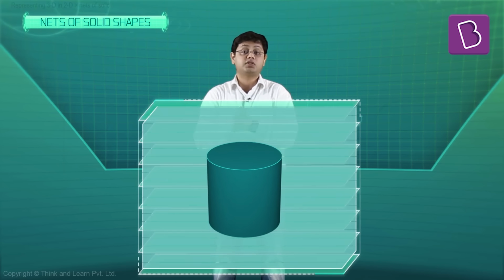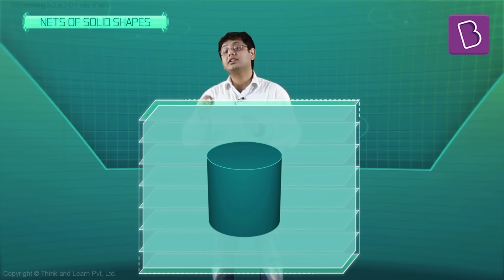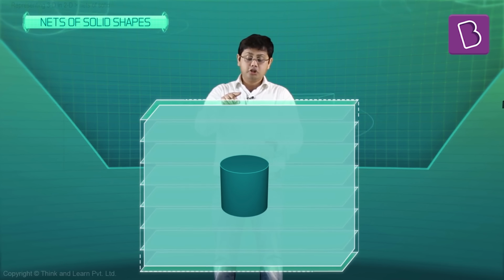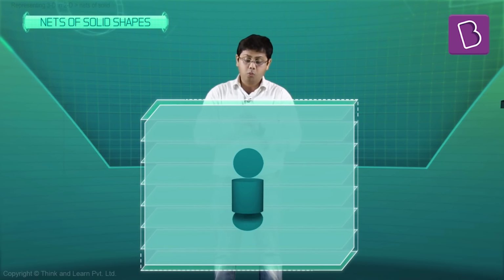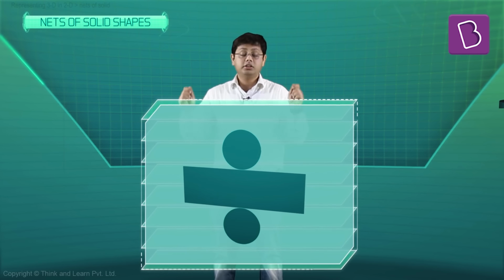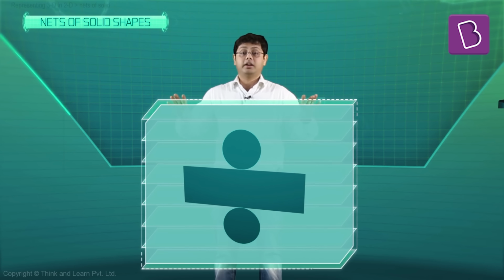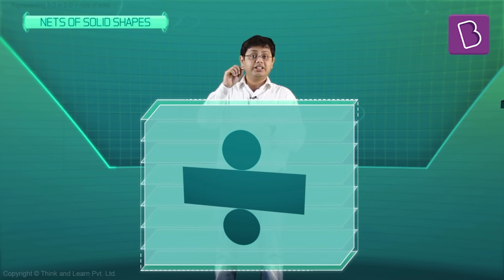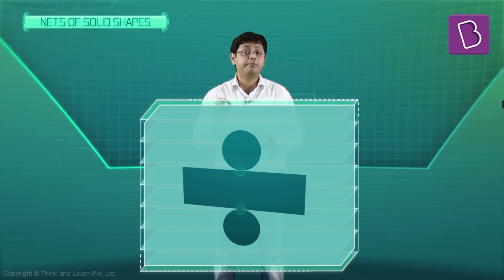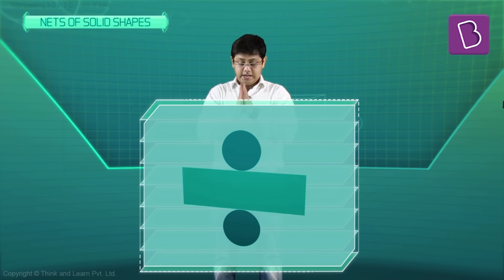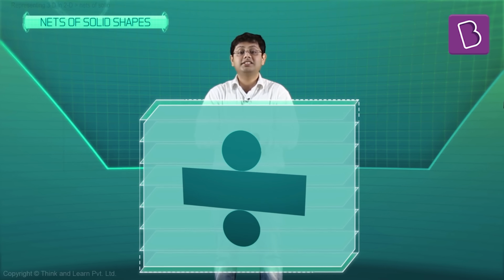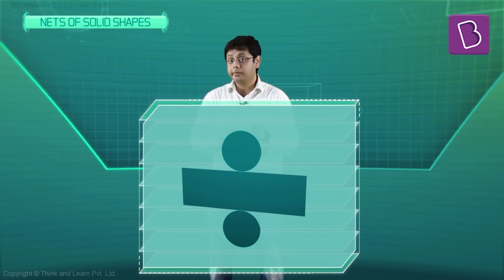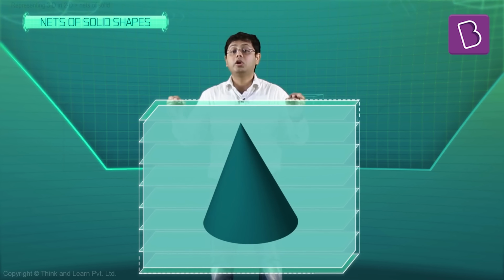So, we were discussing nets for cylinders. What do you think the net for a cylinder will look like? Well, a cylinder has one curved surface and two flat surfaces, one on top and one below. Now, if I open the curved surface, it will be a big rectangle. Whereas the flat circular faces, when opened up and down, will be touching the curved surface just at one point. On doing this, I get a rectangle and two circles touching this rectangle at one point as the net for the cylinder.